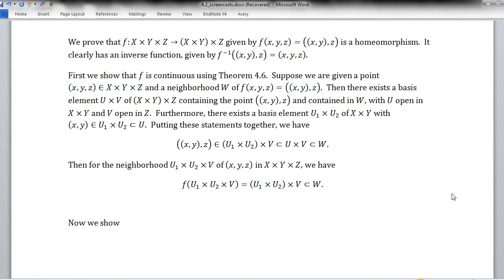All right, so now we show that f inverse from x times y times z to x times y times z is continuous. And I'm going to use the other theorem this time, 4.3, okay, which